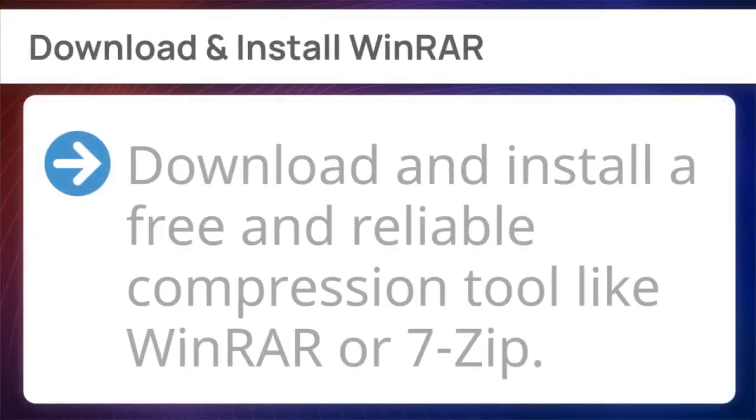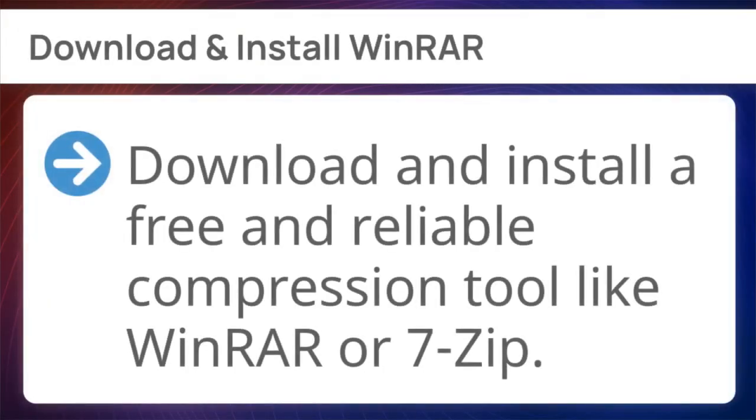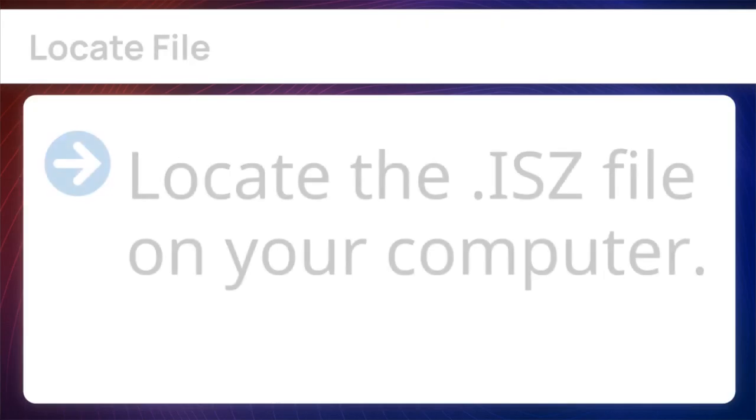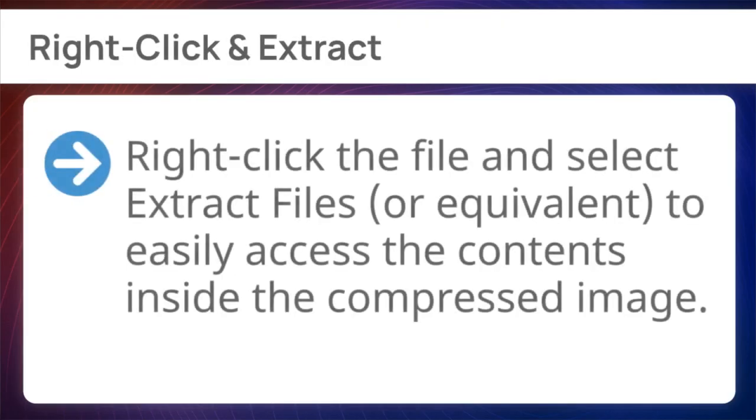First, download and install WinRAR. Download and install a free and reliable compression tool like WinRAR or 7-Zip. Next, locate the file. Locate the ISZ file on your computer. Finally, right-click and extract. Right-click the file and select Extract Files, or equivalent, to easily access the contents inside the